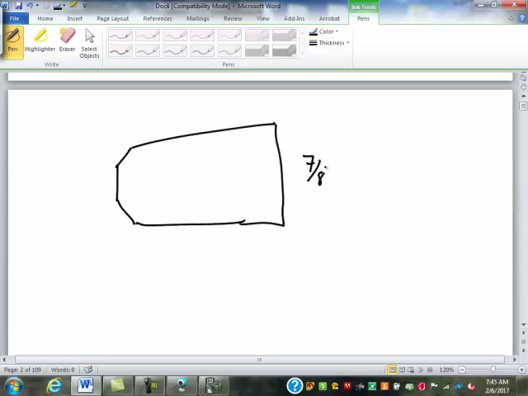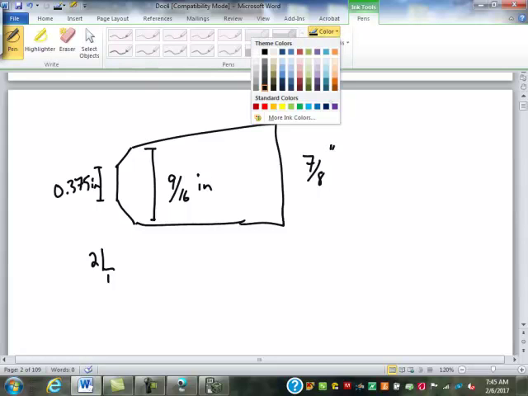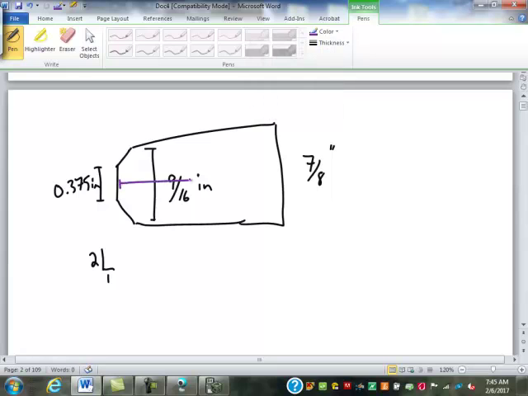So this is 7/8 of an inch here. Here to here is 9/16. This is 0.375. And we've got a 2-to-1 ratio. We want to find x. So the whole distance here is 3 inches. Well, we know